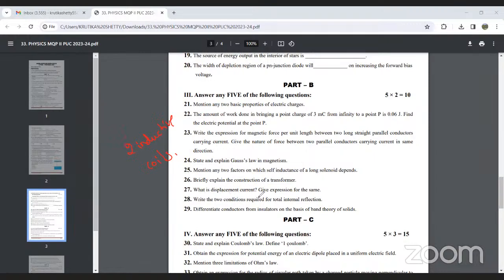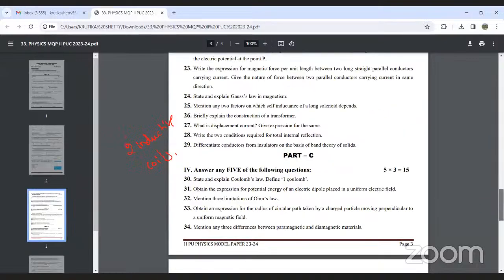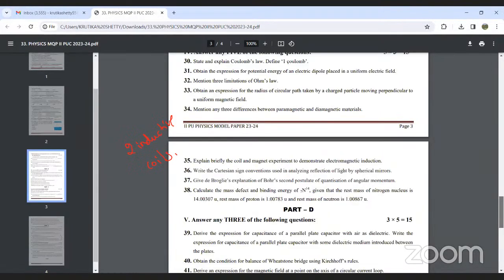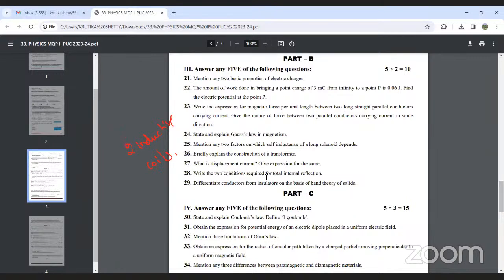Next, what is displacement current? Give expression for the same. So this is from the electromagnetic waves. Displacement current is nothing but it refers to the rate of change of an electric displacement field over time. That is called the displacement current. Give the expression for the same. So what is the expression for the displacement current? It is given by,